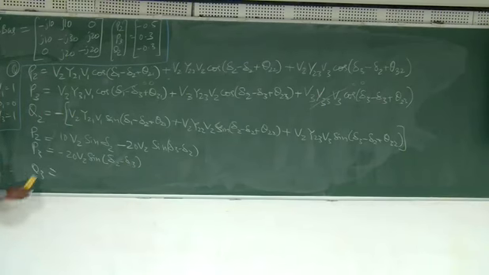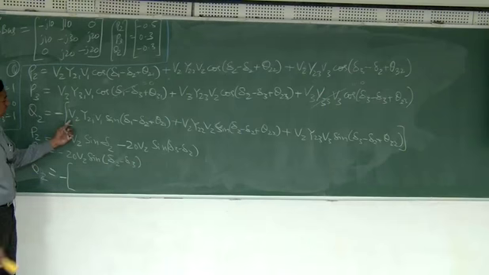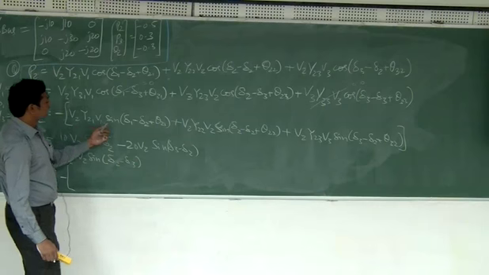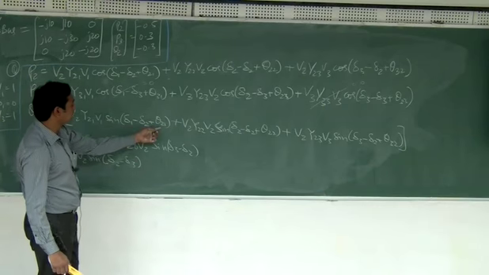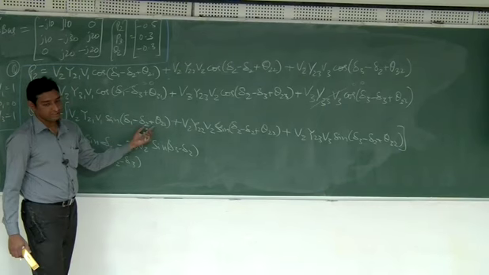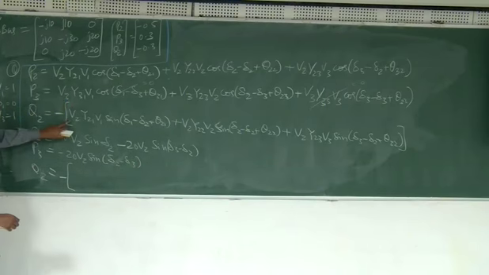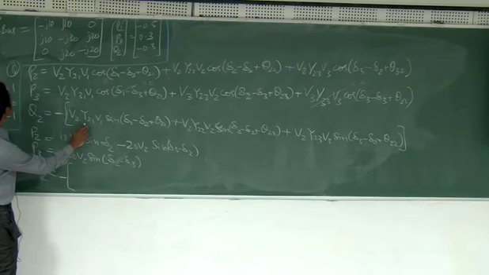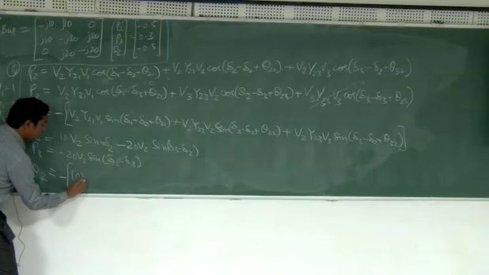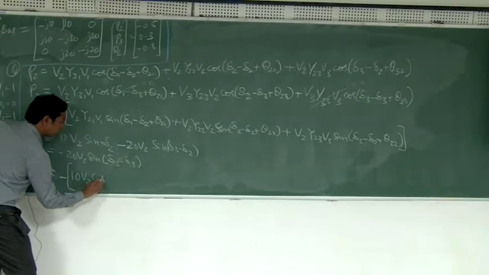Now for Q2, what is the function for Q2? So there is an overall minus outside. So this is 10, 1, sine of something plus 90. So sine theta plus 90 is cos theta. Okay, cos of all of this. So what I will do is, this is 10 V2 cos of